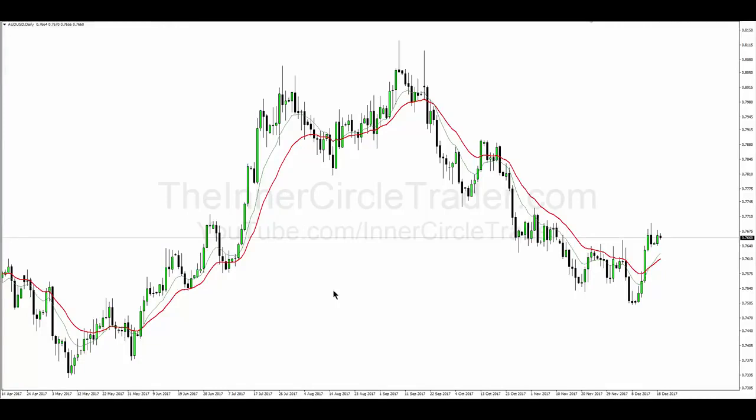Now on a daily chart, all we're looking for is preferably the market leaving a consolidation. I think everyone would agree that this is a consolidation here, and price has left the consolidation by breaking a swing high here, and also we have the crossover on the moving average. So right there,